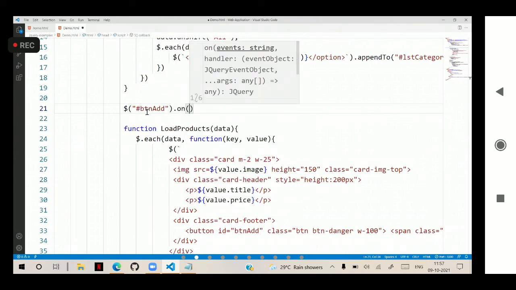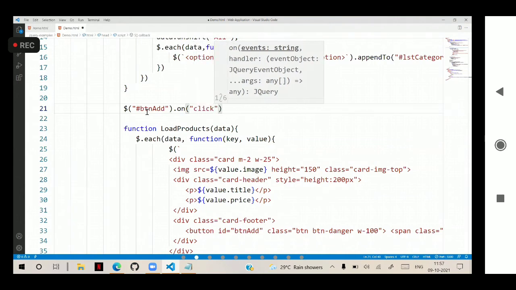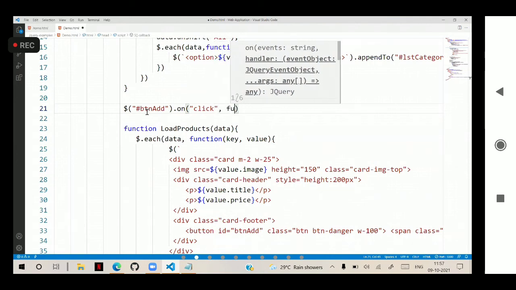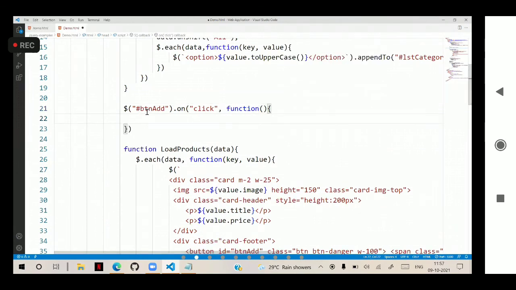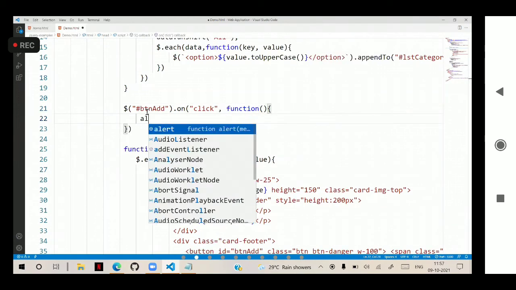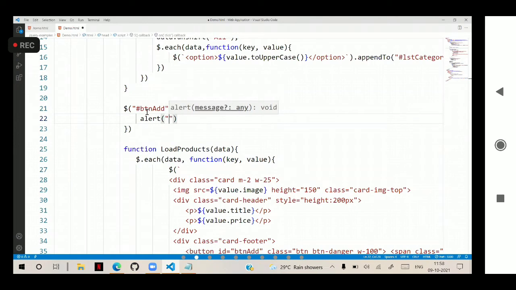Here we have to define the event name. Event name is click. That is the event name. And what function to handle? So we can configure the callback function here. On that particular event, what should happen? I will put an alert saying addClick. This is how we are configuring.